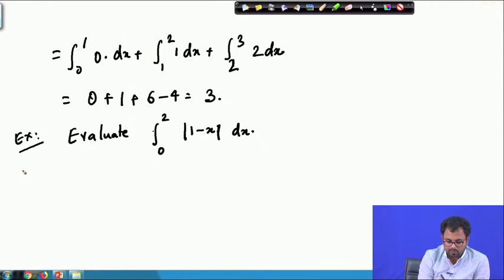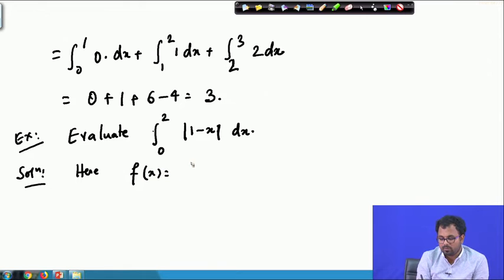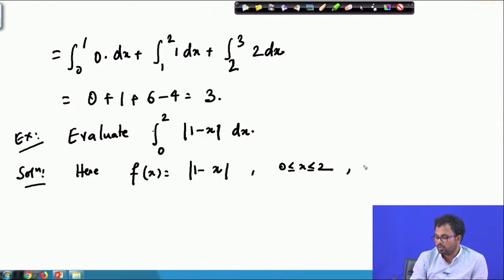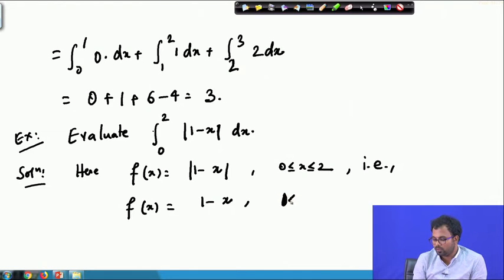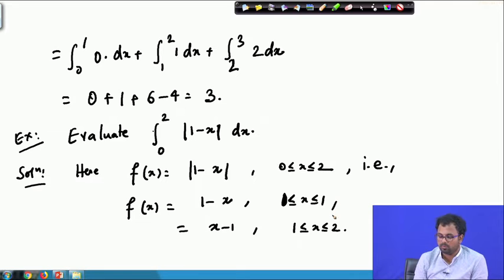So here our function f(x) is mod of 1 minus x for x between 0 to 2. In other words, f(x) is 1 minus x for 0 less than or equal to x less than or equal to 1, and it is x minus 1 for 1 less than or equal to x less than or equal to 2,